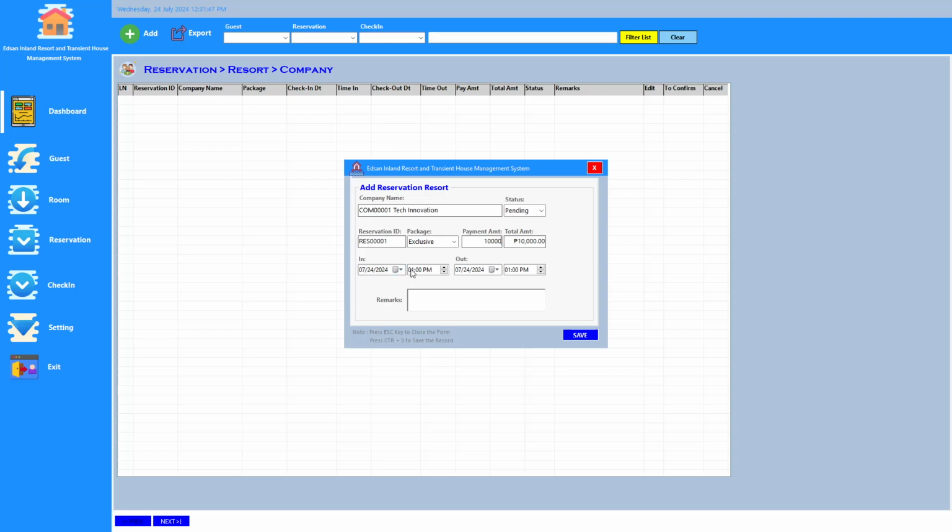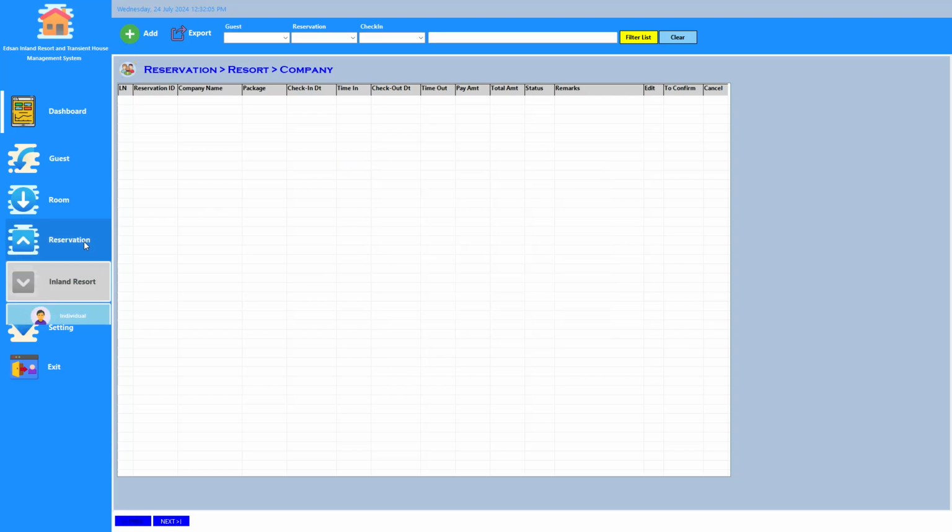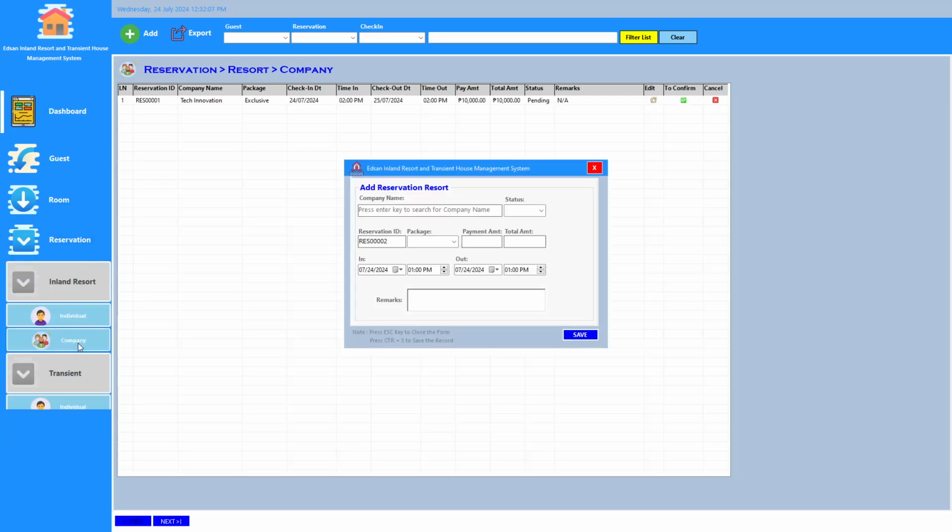Let's say, for example, the check-in time is 2 p.m. So the checkout date is July 25, 2024. Checkout time is 2 p.m. Save. Reservation has been successfully saved. So here, as you can see, it was successfully saved.